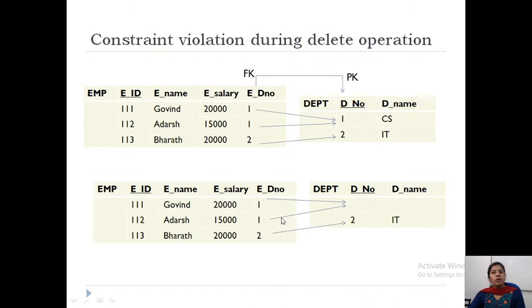So either you have to remove all these employees, or one possibility is that you cannot delete the department as such if it is referred to by some other table. Compare it with a real-time example. You have two departments, 1 and 2, and in department 1 I have 10 employees working. If I try to close department 1, then where will these 10 employees be assigned or where